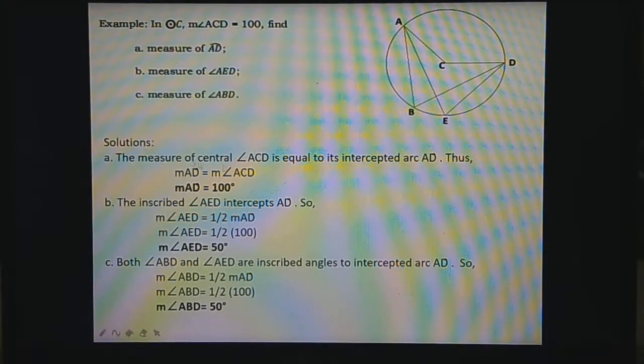Solutions. The measure of central angle ACD is equal to its intercepted arc AD. So, yun yung kanina nating relation ng central angle and its intercepted arc. They are equal. Meaning, the measure of arc AD is equal to the measure of angle ACD. So, intercepted arc equals central angle. And given the measure of the central angle 100, the measure of arc AD